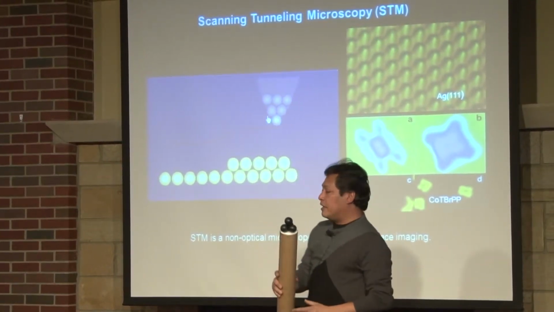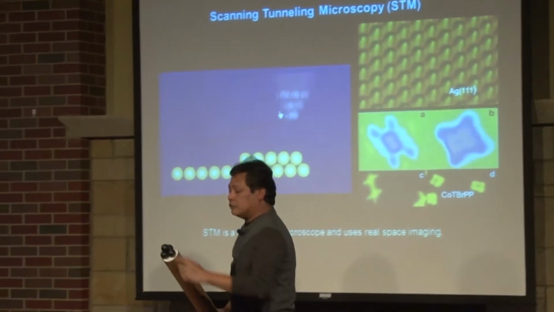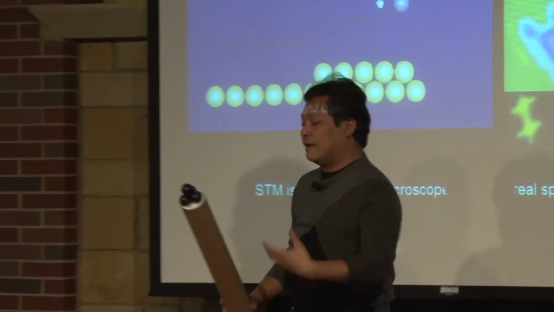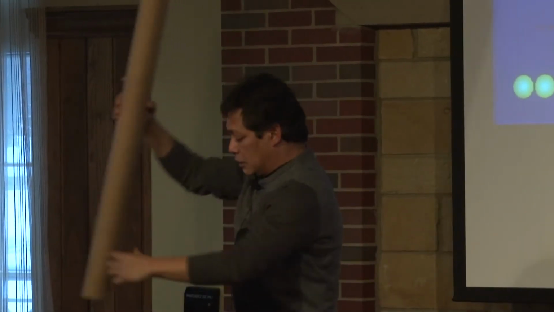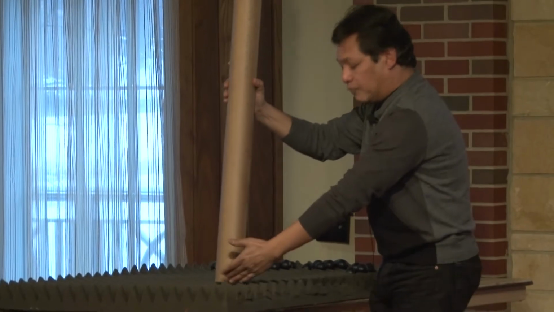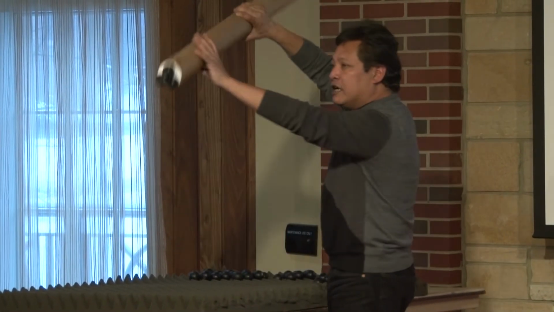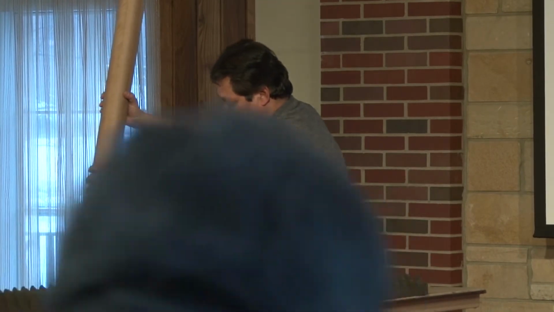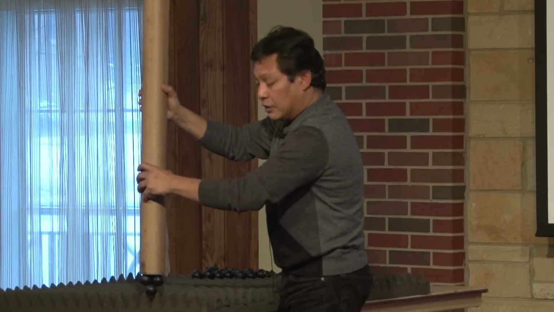So this is a very important technique. It requires that the tip, as we call it, has to be atomically sharp. Of course, we don't know whether it's atomically sharp, so we have to test. For example, the other end of this, my demonstration, this tube, is not sharp as compared to this one. Then I cannot get the profile of these atoms. Because this is flat, I will get only a straight line. Only at this size can it enter the atoms. I can show you here. You will see how it goes. Then you will get the profile of the atoms if you do it this way. Okay?